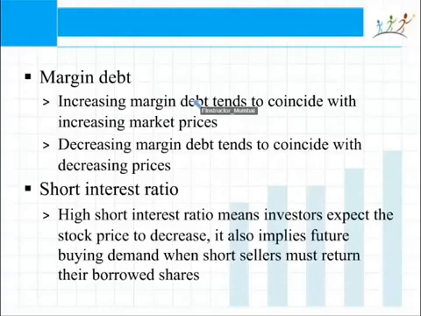So you can expect that in the future the market will fall as people need to sell the loans, or people need to sell the stocks to repay these loans. So if the margin debt becomes very high, it indicates that the market is probably overbought, because people have taken a lot of loans and bought stocks.